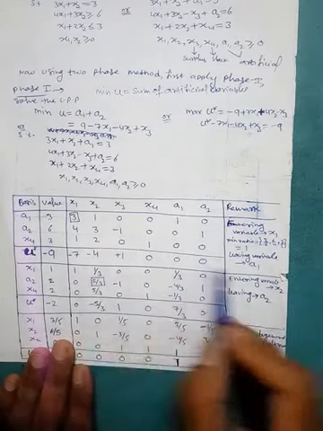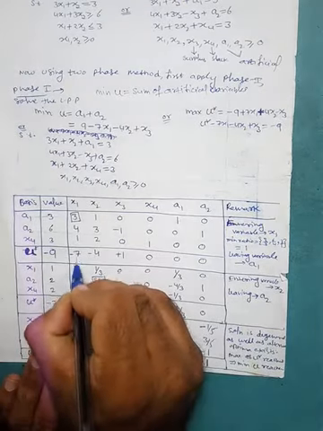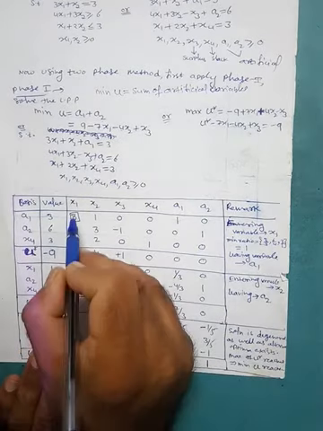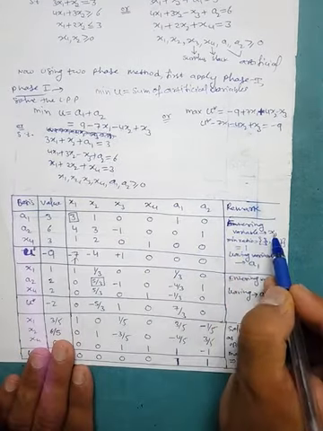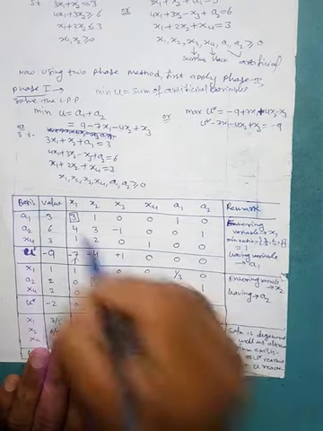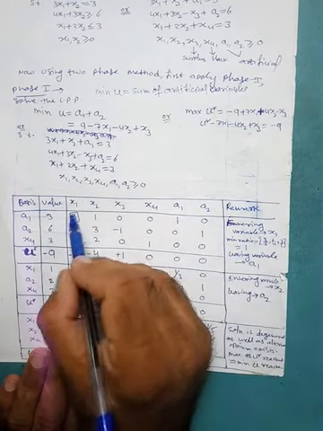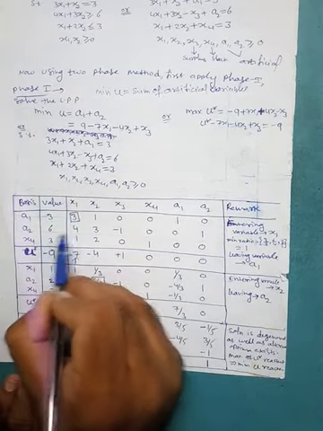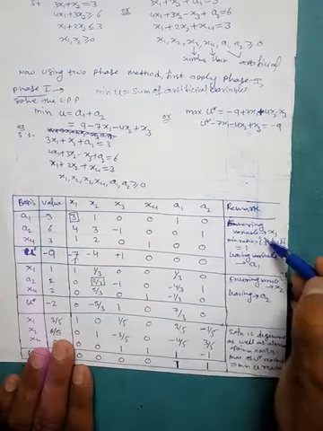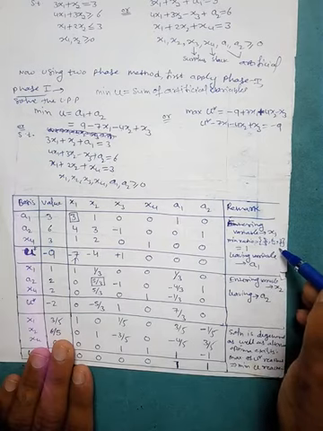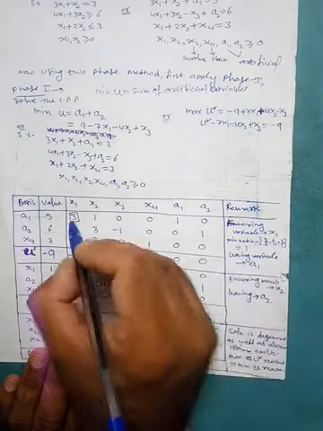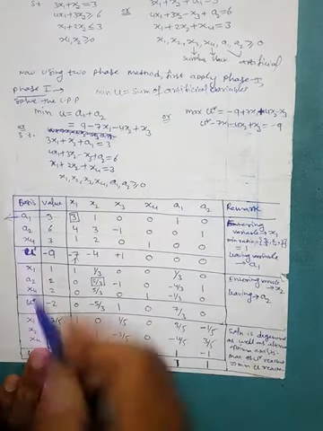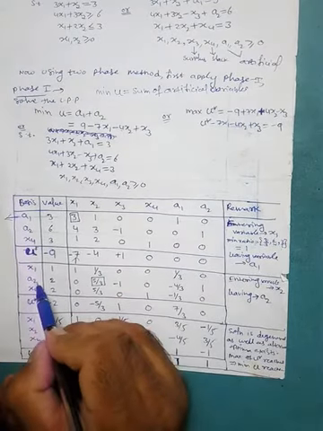Now identify the most negative value. So this is the most negative value here, and hence x1 enters the basis. Now find out the minimum ratio for the positive values. All are positive, so the minimum ratio is just 3/3, 6/4, 3/1. Which is 1, associated with this 3, hence a1 will leave the basis. So the new basis is x1, a2 and x4.